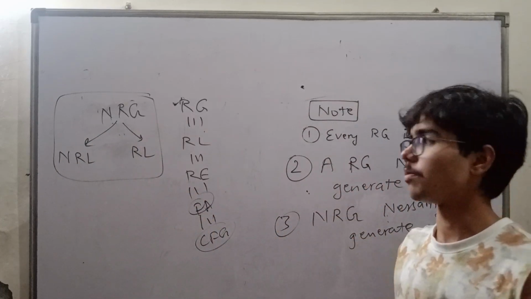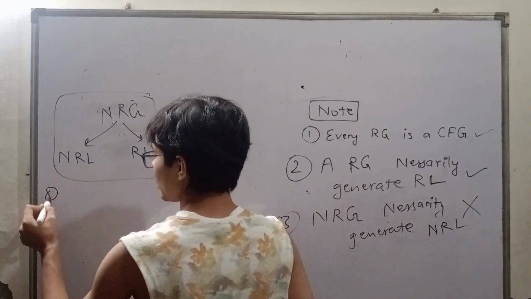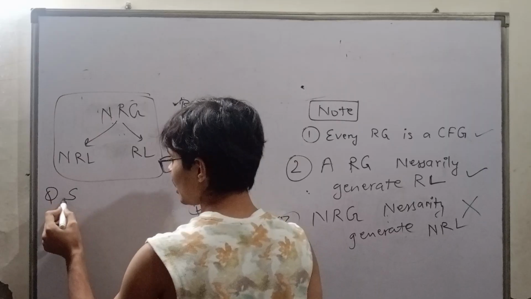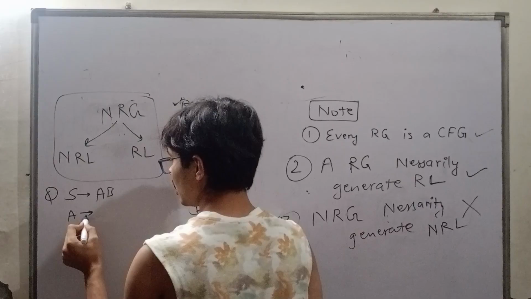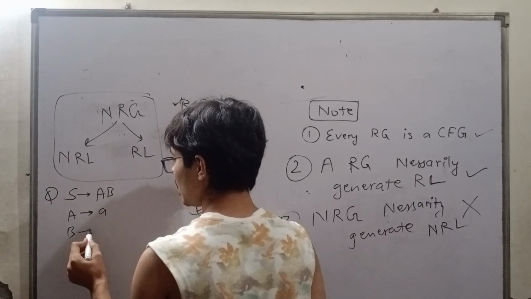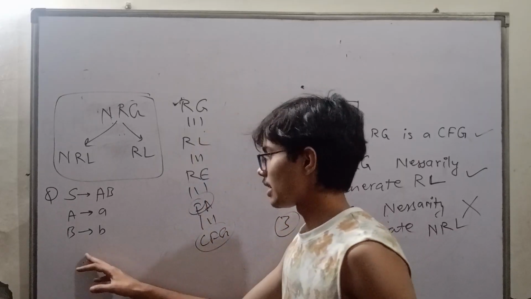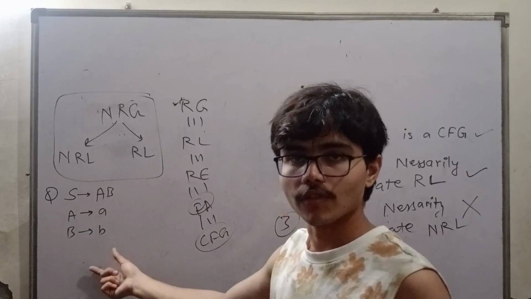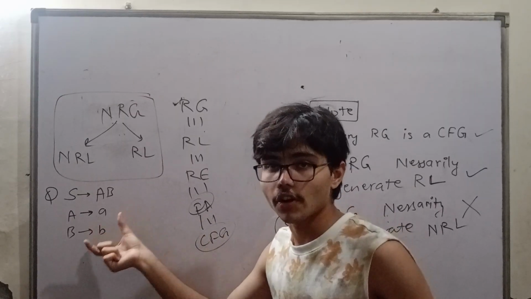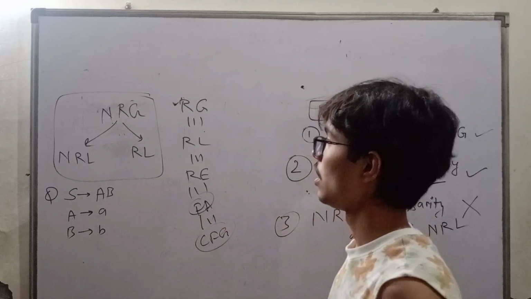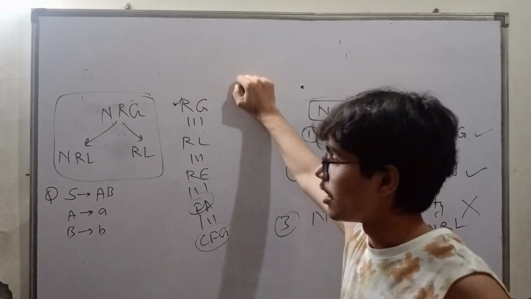How? Can you give me an example of this? Yes, I can give. Take a question. The question says S → ABA, B → B. Okay, so this thing is there. What is shown in this grammar? Is this a regular grammar or a non-regular grammar? I just want to ask you, how can you identify whether a grammar is regular or non-regular?